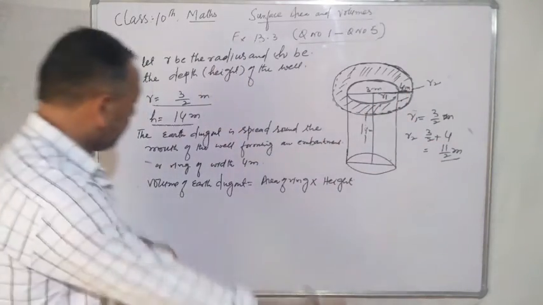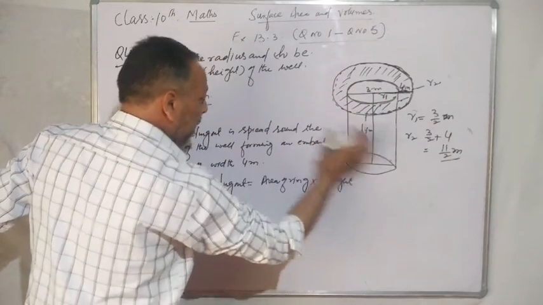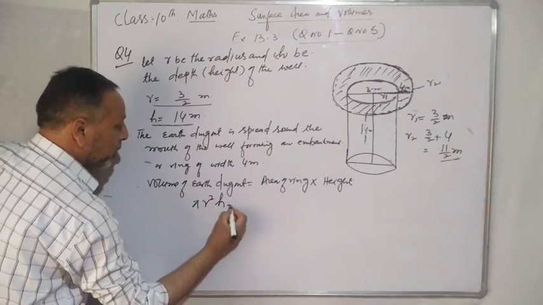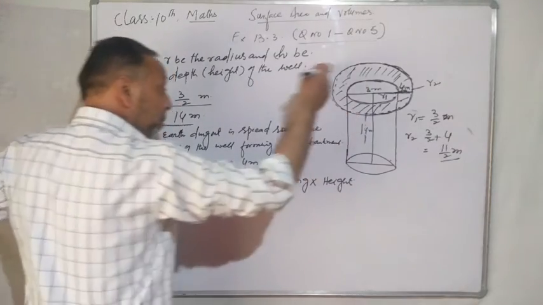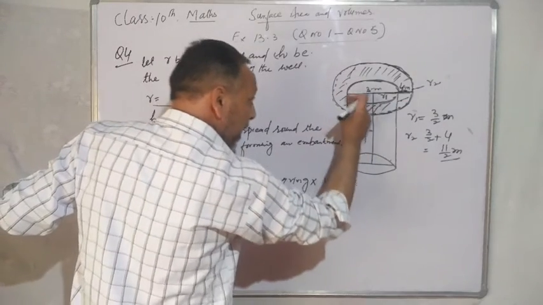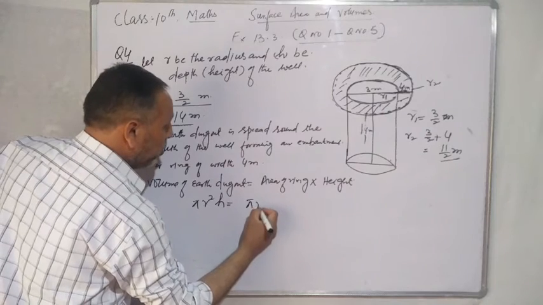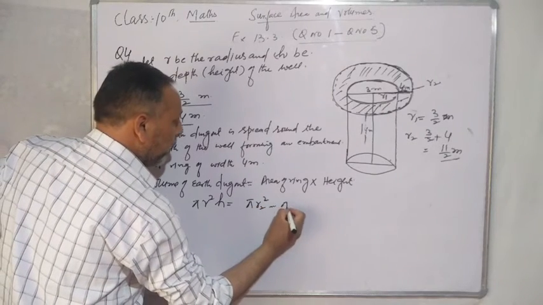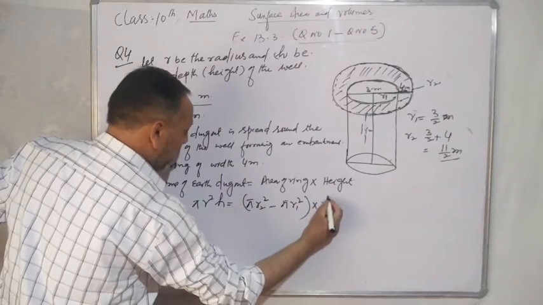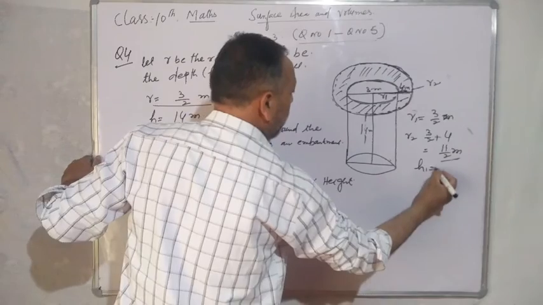तो यहाँ मुझे दो रेडियस मिल गई। वॉल्यूम ऑफ अर्थ डग आउट, क्योंकि वो सिलेंडर वेल है तो वॉल्यूम ऑफ सिलेंडर होगा, पाई r स्क्वायर h इज इक्वल एरिया ऑफ रिंग। एरिया ऑफ रिंग होता है एरिया ऑफ आउटर सर्कल माइनस एरिया ऑफ इनर सर्कल, यानी पाई r2 स्क्वायर माइनस पाई r1 स्क्वायर इनटू हाइट h1। चलो मान लिया ये जो हाइट है वो h1 है, वो मुझे निकालनी है।